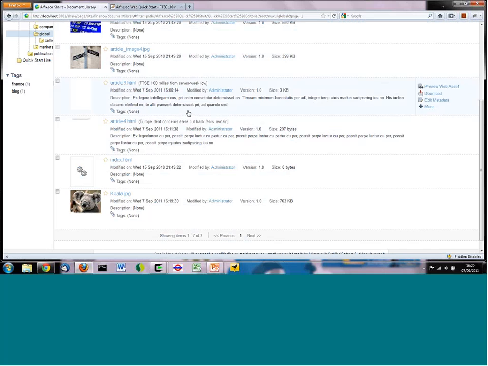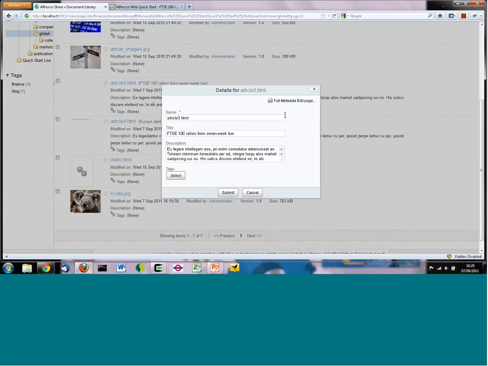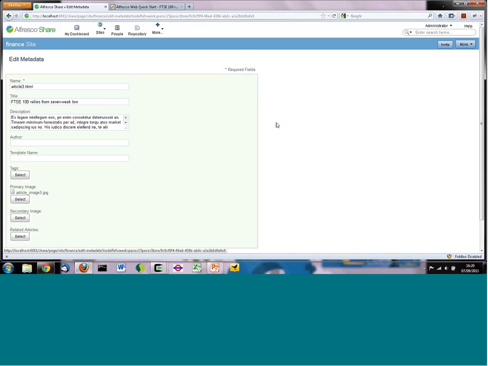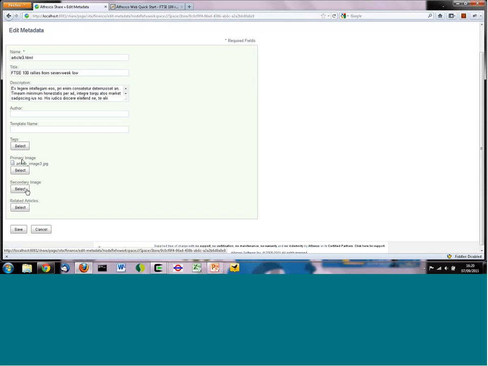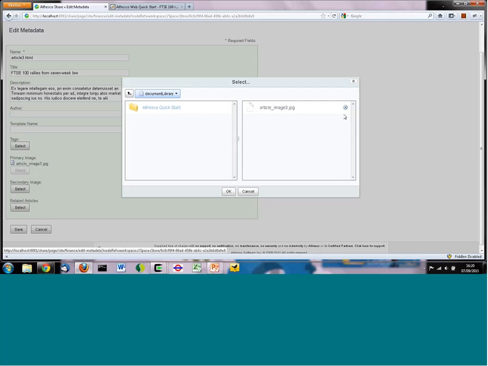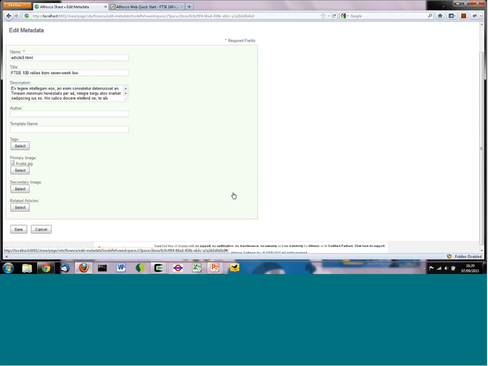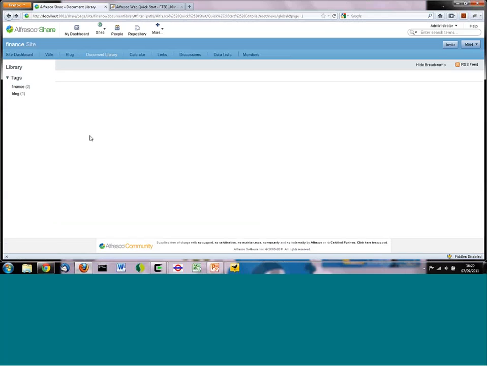So what I'm going to do is change the image that Article 3 is looking at. If I edit the metadata of that article, go to the full page, you can see here that there's an association to an image. I want to change that. So I'm going to remove that image, and I'm going to go down and find the koala image, add it, save it,